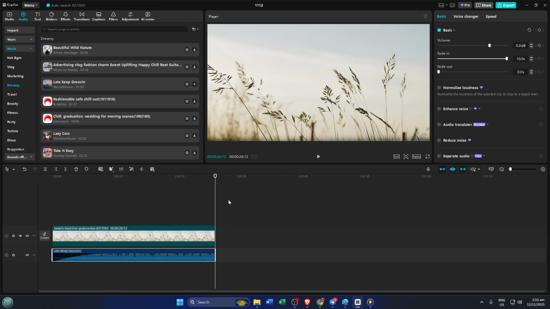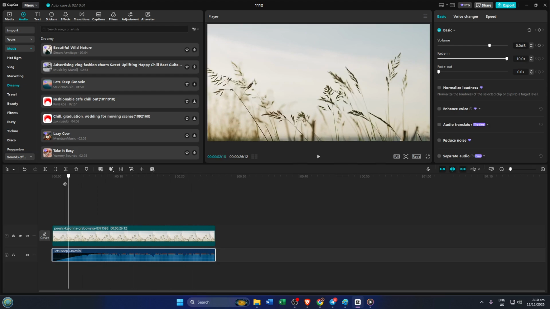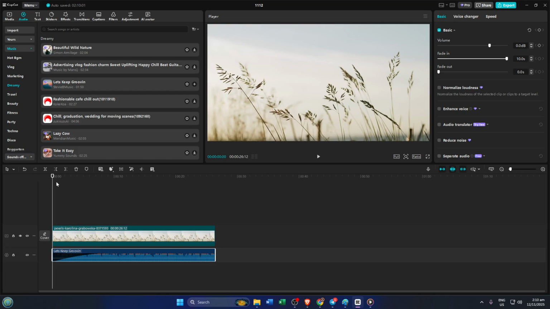The first thing you want to do is spot those unwanted silent sections on your timeline. Maybe it's a pause during your narration, some dead air before your next scene, or just background noise that serves no purpose. It's pretty easy to miss these when you're editing fast, so take a moment and play through your footage, watching for drops in the audio meter or those visible flat lines on your waveform. This step might take a few moments, and it's totally normal to catch little silences that you didn't notice before